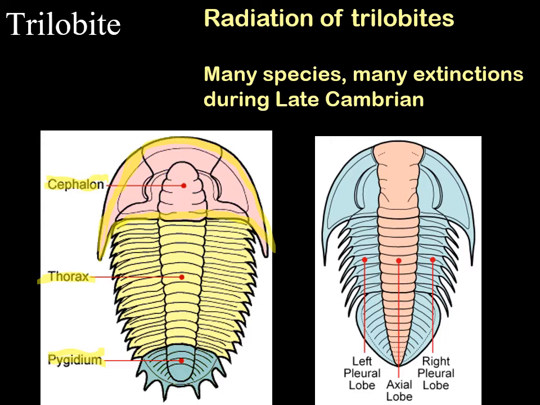Now, trilobite, three lobes. These are not the lobes you're looking for. No, the lobes you're looking for are the axial lobe, which is the center of both the cephalon, thorax, and pygidium, and then the left and right pleural lobes, respectively. Okay, so this actually works as kind of a coordinate system. We can talk about how the axial lobe of the pygidium on one trilobite is different than another, or how the left pleural lobe of the cephalon is different on one trilobite than another. It kind of gives you an XY coordinate system to use. And this is really one of the ways that we use to describe the differences in trilobites, what's going on with the cephalon, thorax, and pygidium at different times.